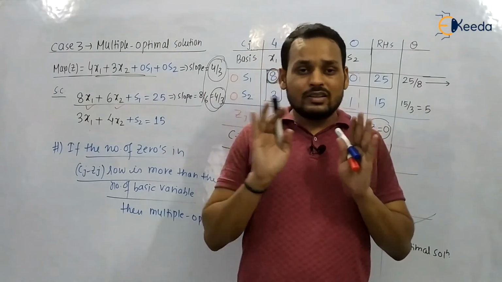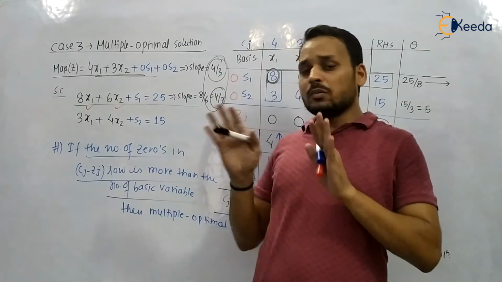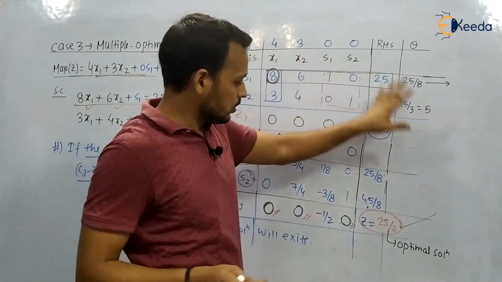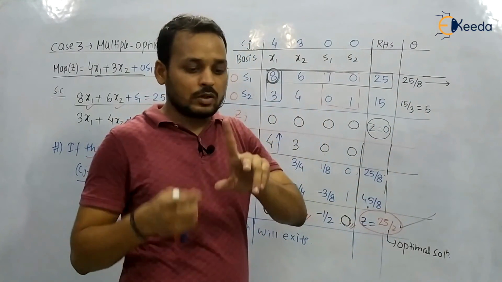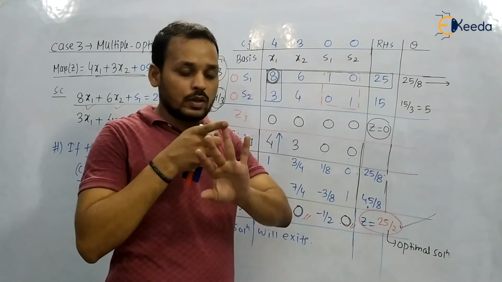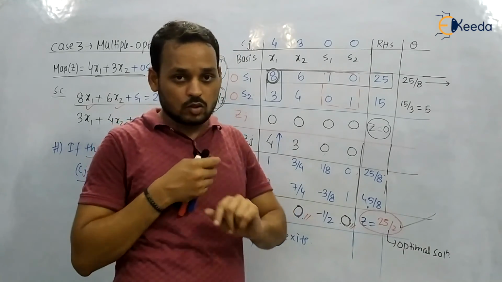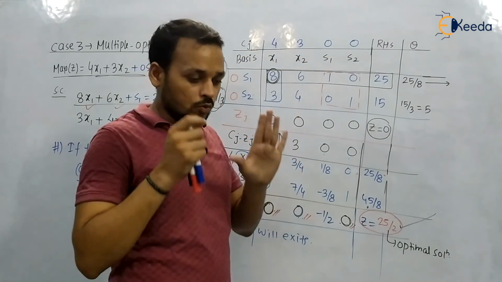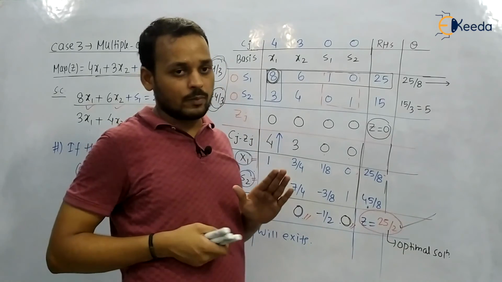Okay, and in the examination, suppose the problem does not come to solve the question, you have to just learn to read the table. Okay, the different points: when degeneracy will exist, when unbounded solution will exist, when unique solution will exist, and when multiple solution will exist. Whether it is going to make an identity matrix or not. So you have to learn all these things.